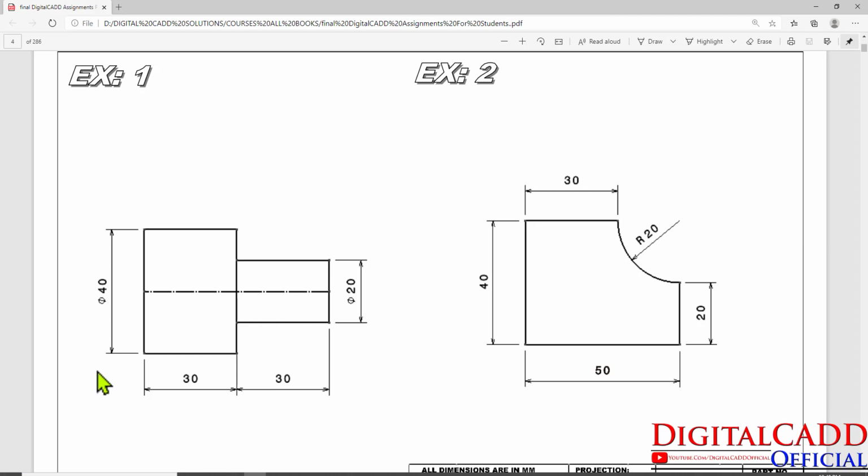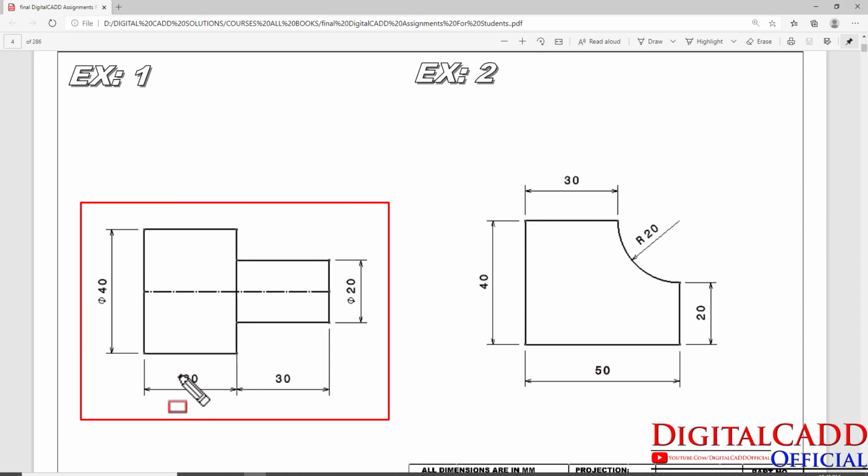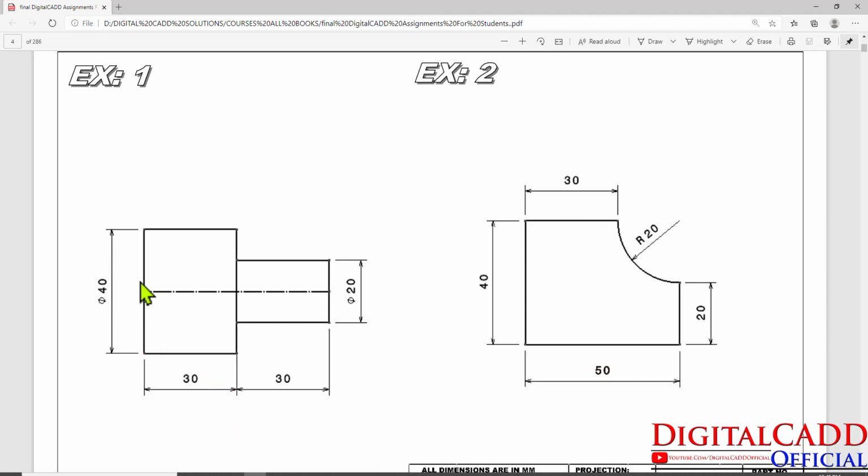Here what do we need? We need a rectangle here, you can see horizontal distance is 30 and vertical distance is 40. Basically this is a shaft type of object, so we can identify it by this phi sign. Okay, so we need a rectangle 30 by 40.